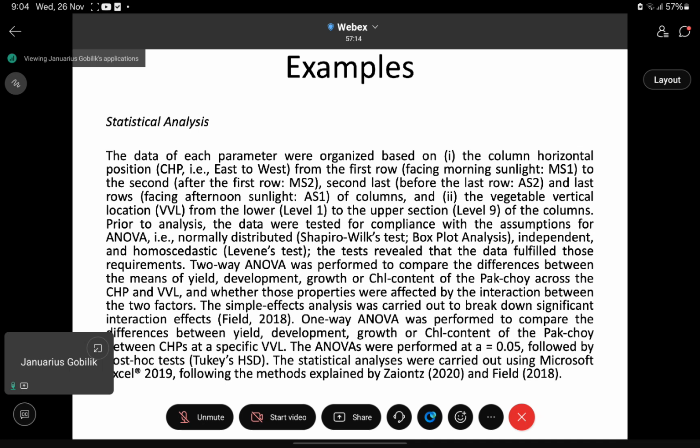If you have used ANOVA, you also use a t-test, and you also use some chi-square maybe, you need to explain them separately. Different